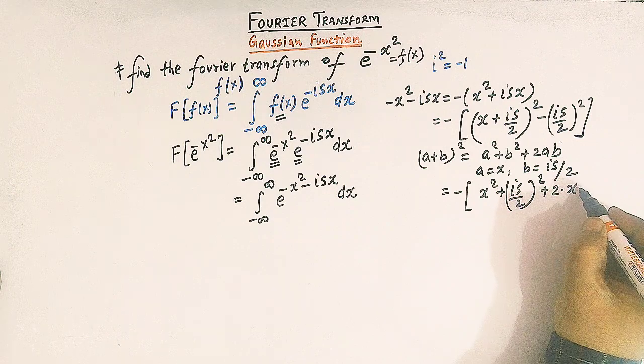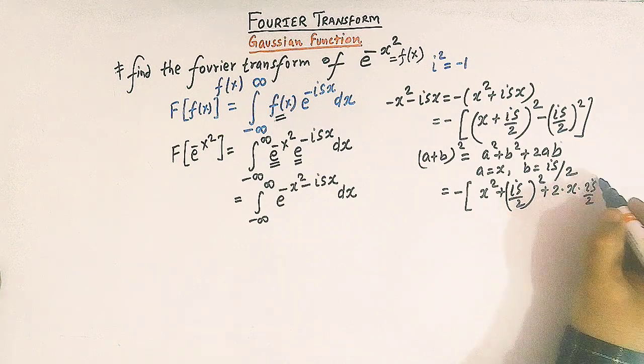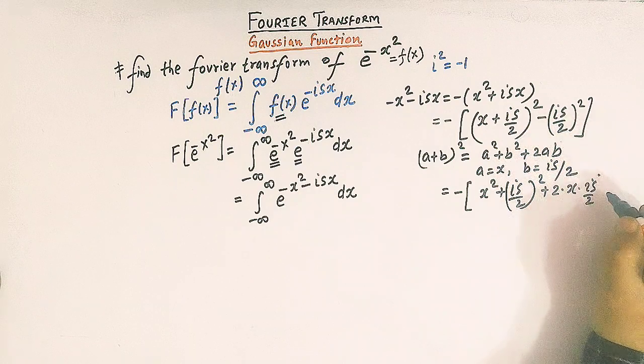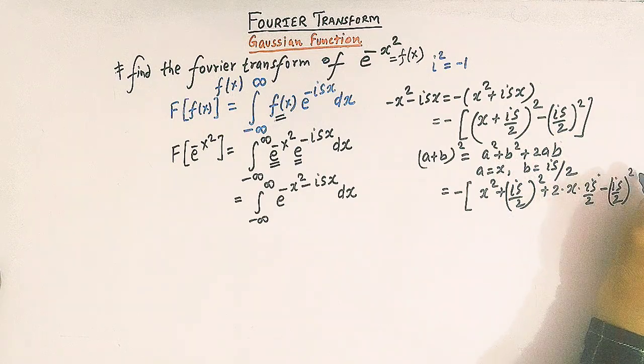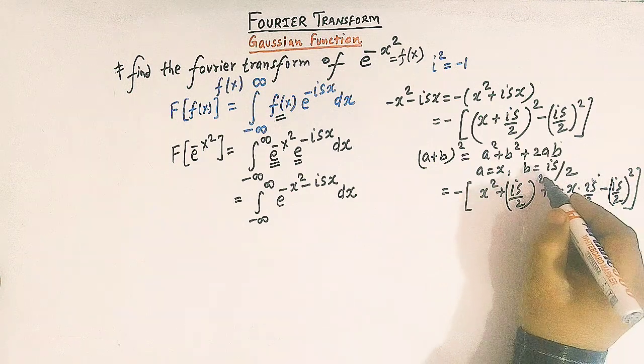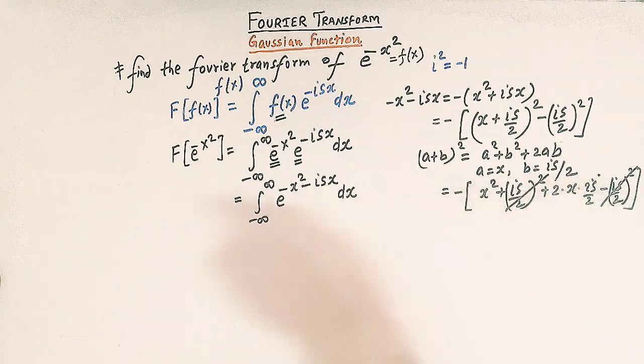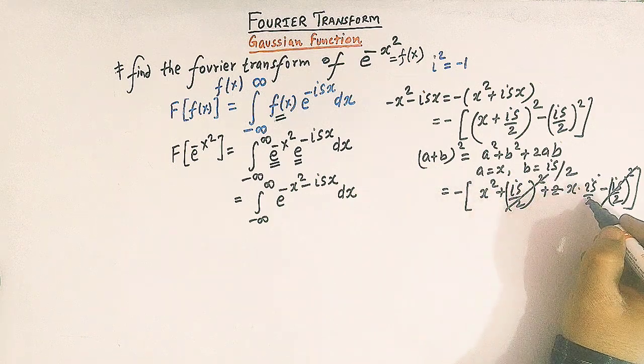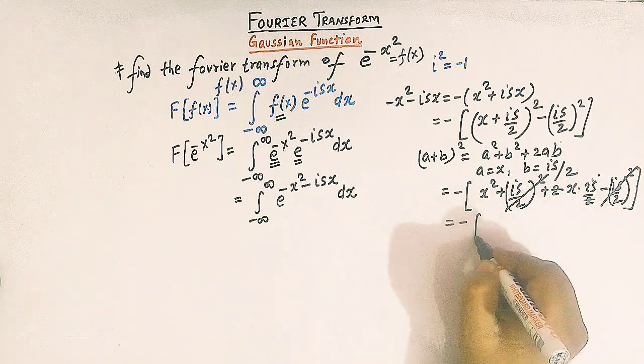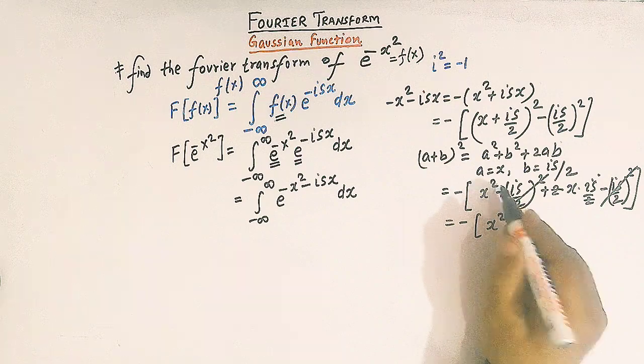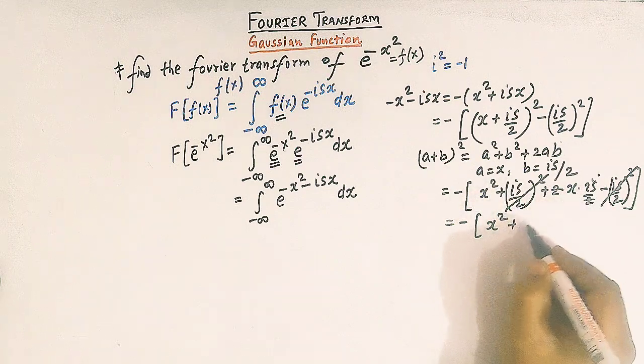So we have 2 times x times is over 2, and then here we have negative of is over 2 whole square, right? And we can see that these two terms get cancelled, and here 2 and 2 get cancelled. So we are left with the same term, that is x square plus isx,